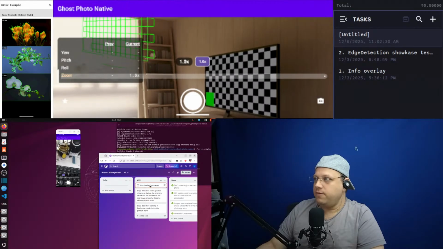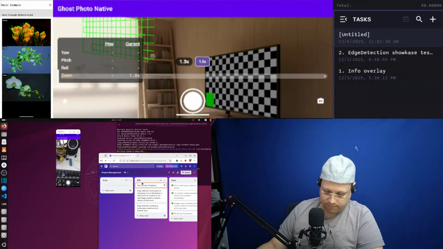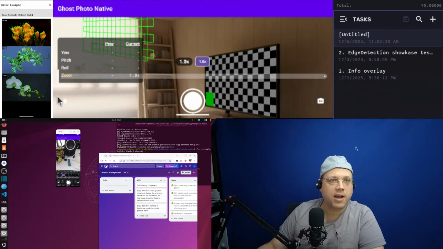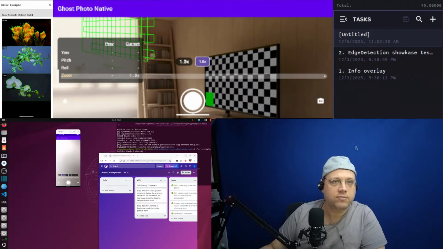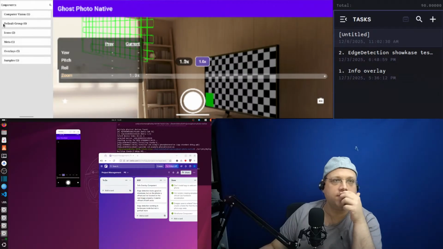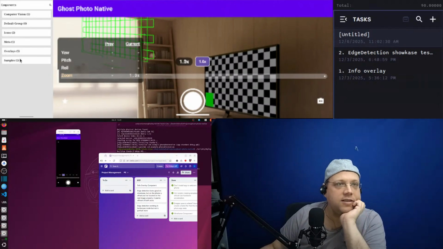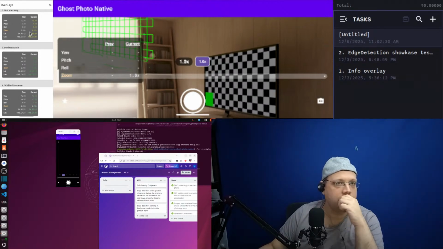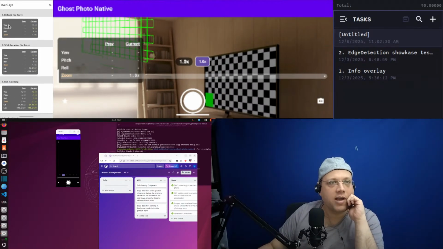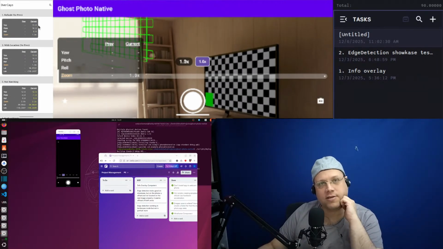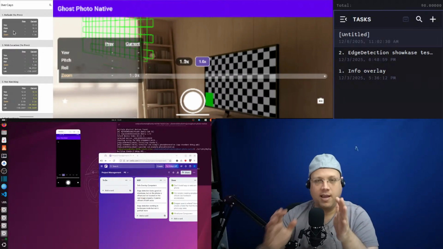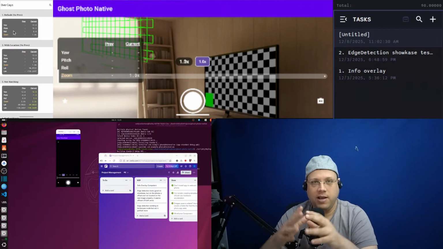So we have the info overlay component, which we can look at in the showcase. If we go back here, you can see the overlay component, and we have several test cases for it. So we have the basic info if there's no previous information. Basically, this overlay component is a helper for us to realign both